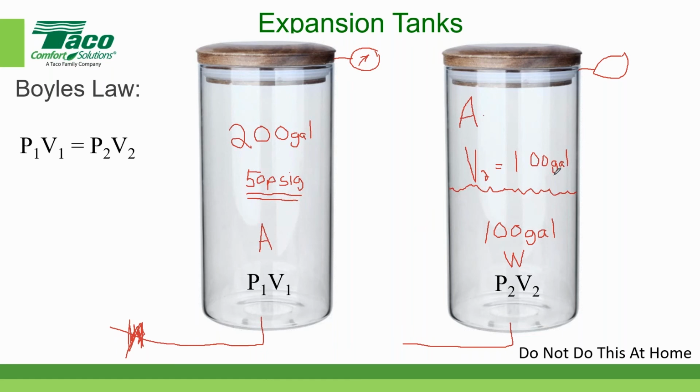So what's the ratio of my volumes? Well, Boyle's law says that if I had an initial pressure of 50 psig and initial volume of 200 gallons, that's going to be equal in a closed container to my final pressure and my final volume. So if I'm trying to figure out what my pressure is over here, then I want to find out what P2 is. So all I have to do is rearrange this equation and say that P2,